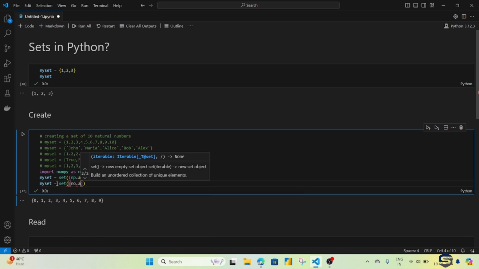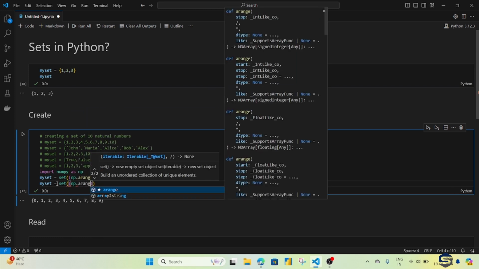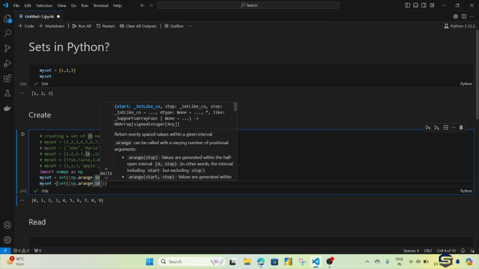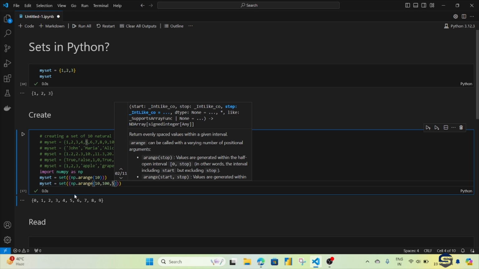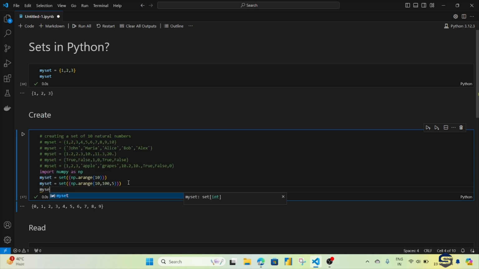So np.arange, start from 10 till 100, and my step would be 5. That means start from 10, go till 100 at an interval of 5. Now let's check what we have in my set. We have items from 10 till 100 at an interval of 5. So this is the way of creating a set using NumPy. Now I'm going to comment it out first,